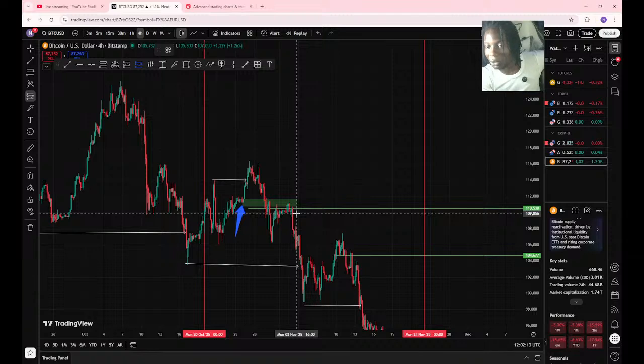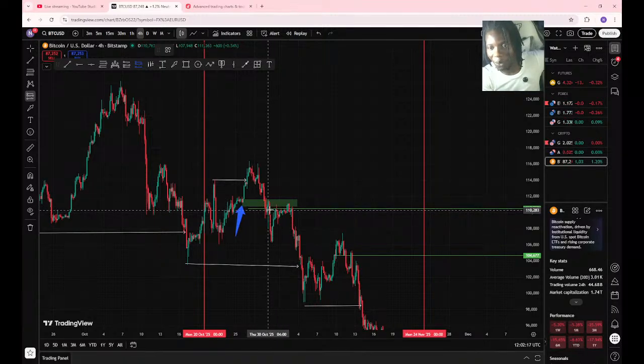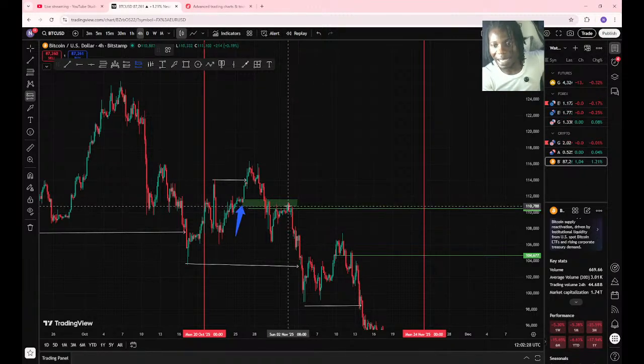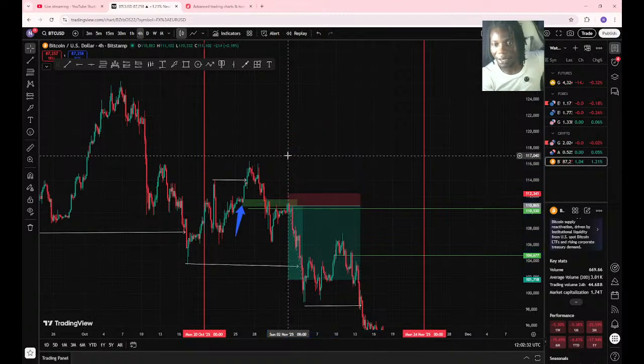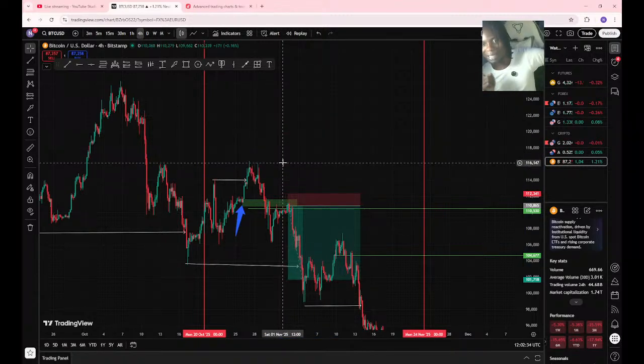Some people use candlestick formation, evening star confirmation, and retest of it, or after price breaks that zone. Once price breaks this zone down, they want price to come and retest that zone before they enter. Okay, you guys can see the price breaks the zone down, then came again before they enter. So these are the trades we have been looking at, but this is not our entry. Remember, this is not our entry.